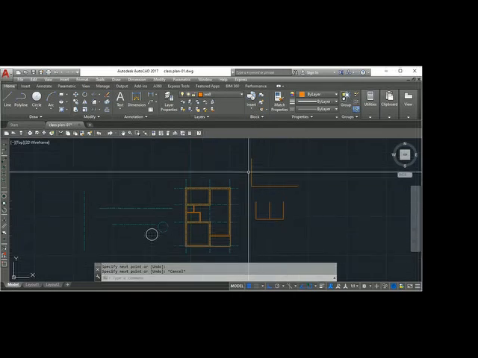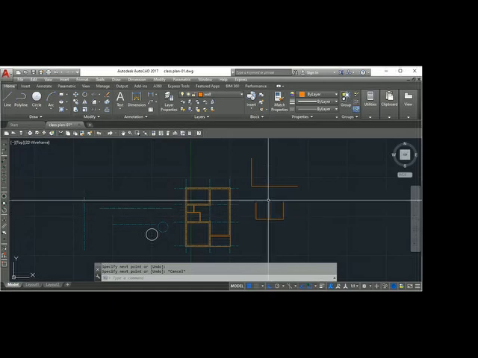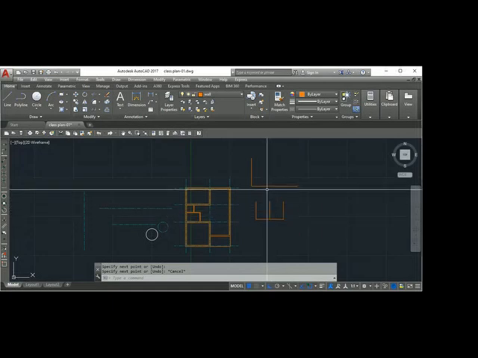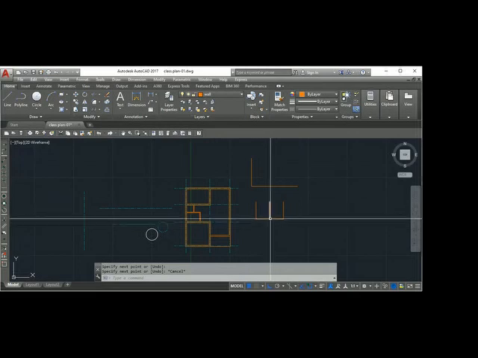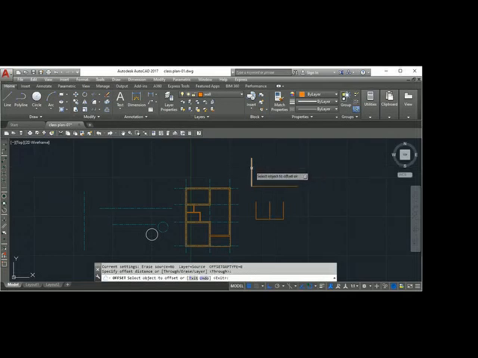I want to copy to the same place, this one, same location of this. So I'll say offset, through, select the object. I'll just click here. See, that is copied there, because you are just showing the location.